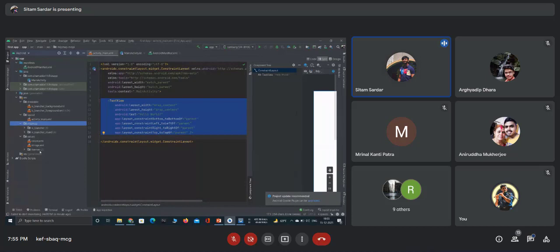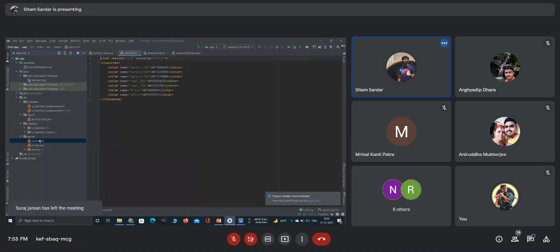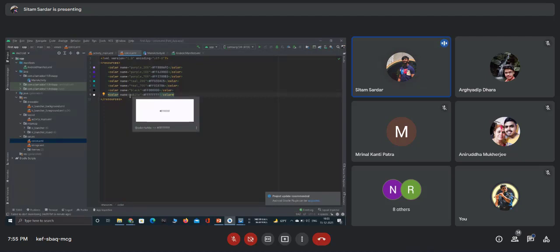There are a lot more things, like first of all there is the color section. Whatever color we are going to use for our app, we can store it here. Now a peculiar thing is there. For a color, you can simply observe that there is a name of a particular color, and there is something which is indicating the color. What is that? With the hash, it is basically called a hex code of a color. So what basically is a hex code? It's particularly RGB format.